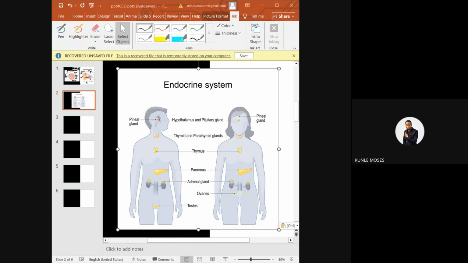So the hypothalamus will tell the pituitary gland, please release somatotropin, release growth hormone. So the pituitary gland will go and meet with the reproductive gland: this guy needs to go and all, and to release the hormone. I hope that is clear. Another gland there is the pineal gland, for both the male and the female.